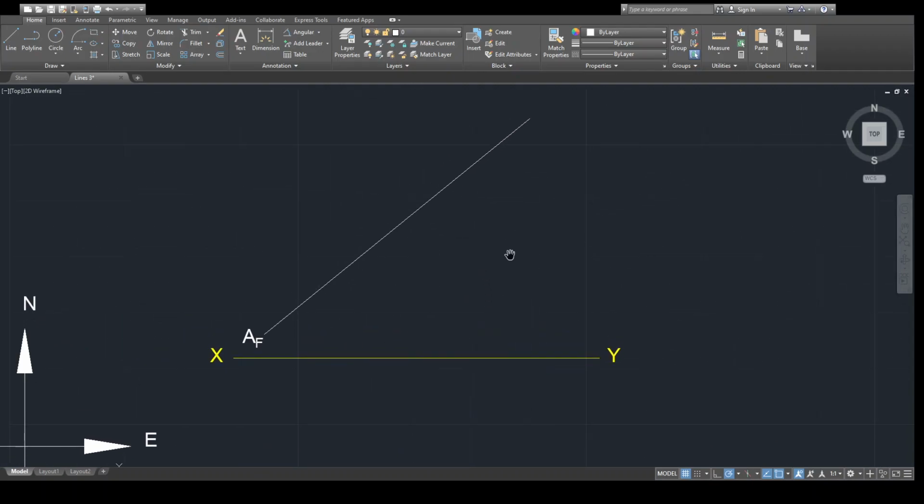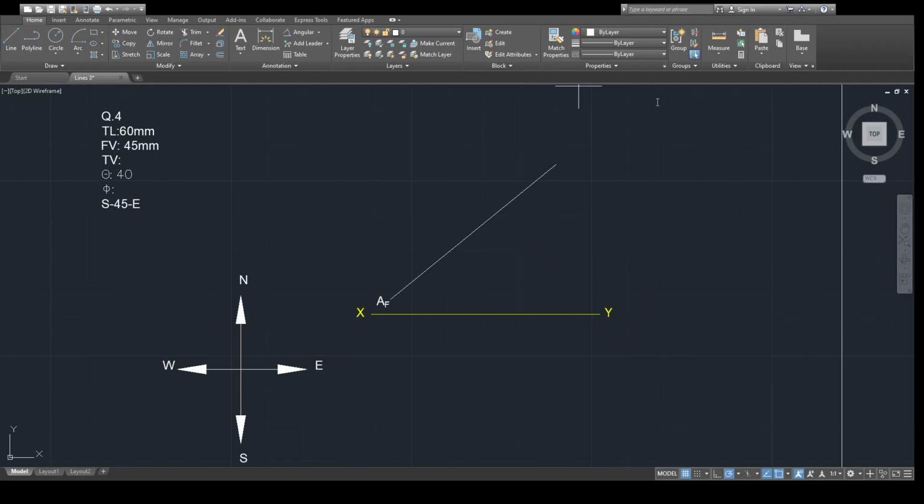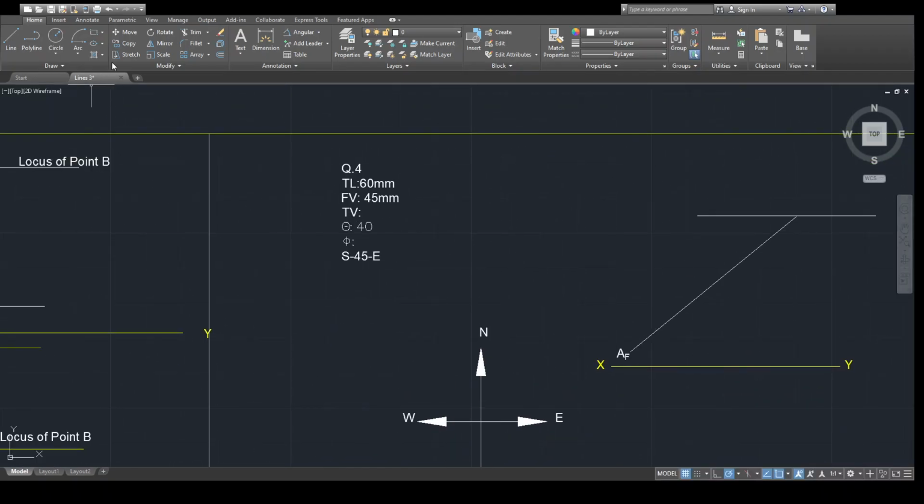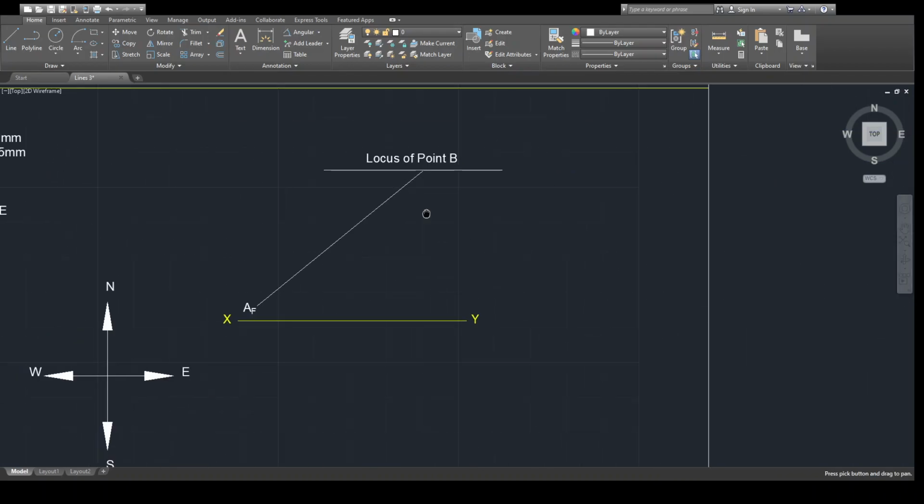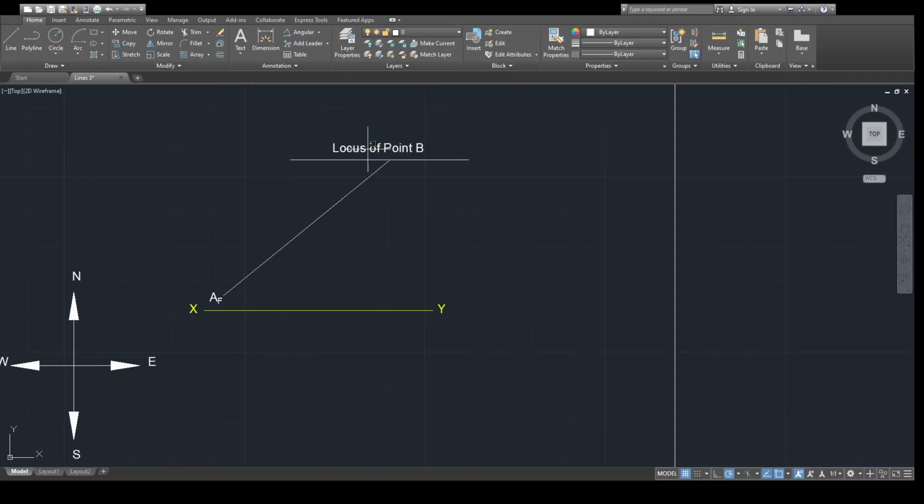Now we have the locus of A, and also the locus of B. I will use the same notations from here. So this is the locus of point B.